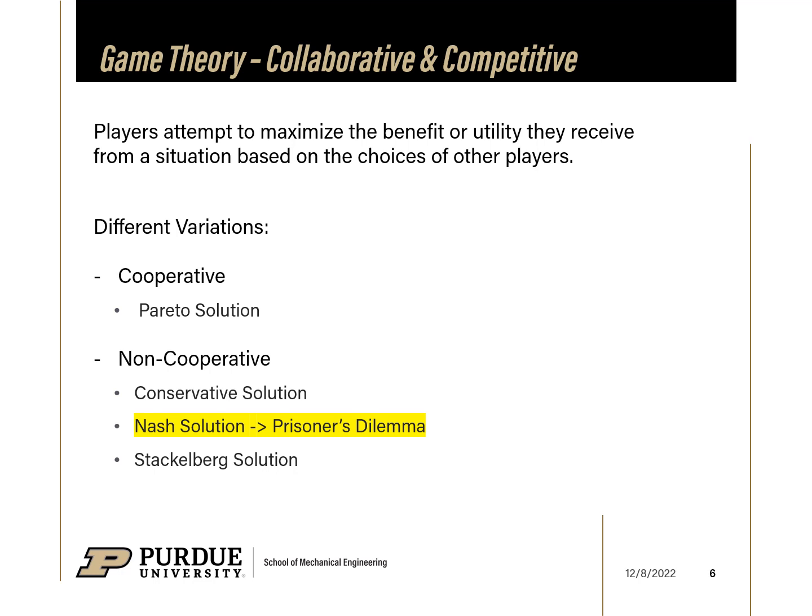Overall, there are two different variations of game theory: cooperative and non-cooperative games. For cooperative, this is when decision makers are working together to maximize their benefit. Whereas non-cooperative, the decision makers might not be working together, or in some cases, might be trying to work against each other. Next, we'll examine one of the most famous examples of game theory to understand some of the concepts a little bit better, and that is the Nash solution with the prisoner's dilemma.